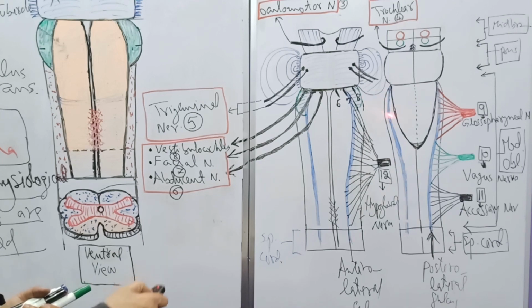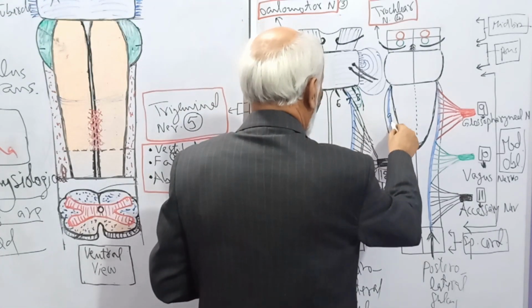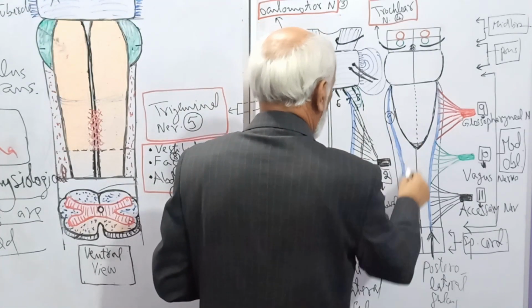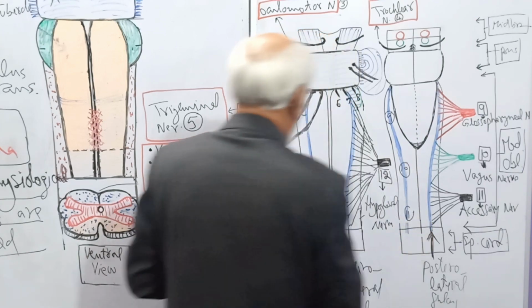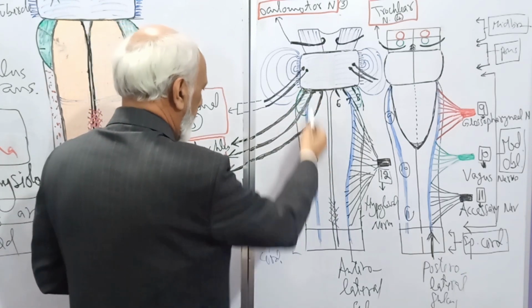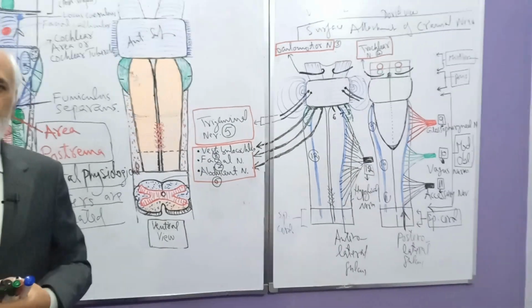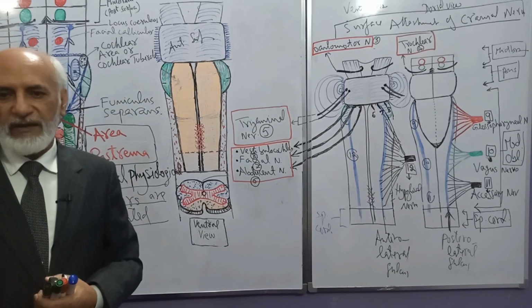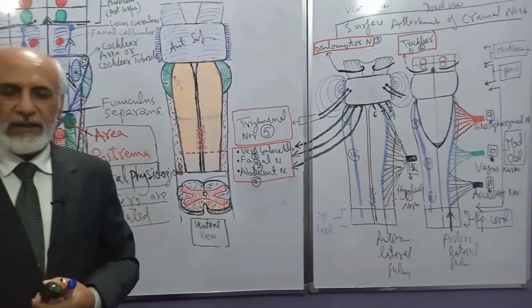On this side again 9th, 10th, and 11th cranial nerve. Here right side 9th, here is 10th, here is 11th cranial nerve, and here anterolateral aspect, anterolateral sulcus on the ventral surface is the 12th cranial nerve. So these are the surface attachments of different cranial nerves from 3rd up to 12th cranial nerve in pairs. 10 pairs, on the right side and on the left side, from 3rd to 12th cranial nerve.